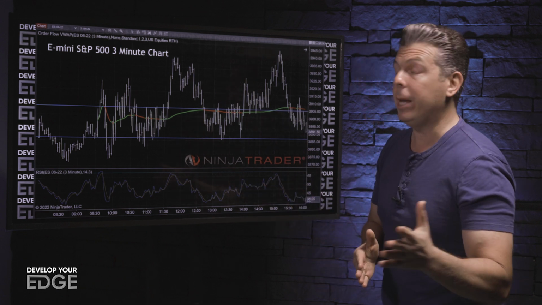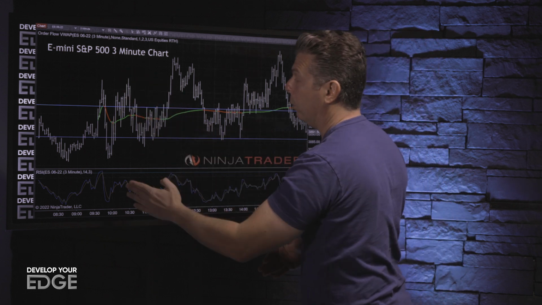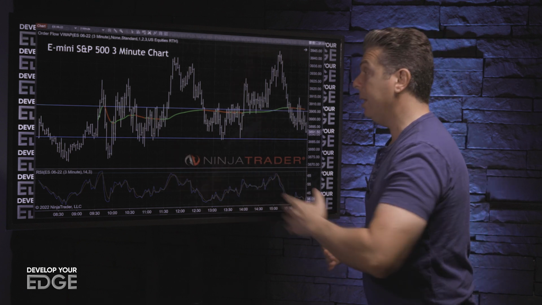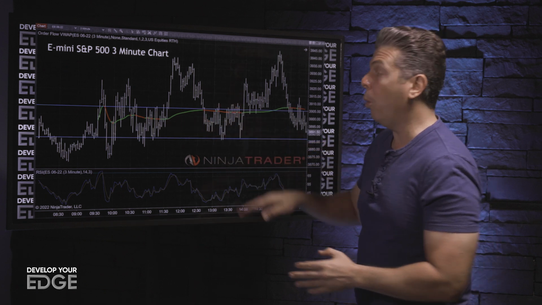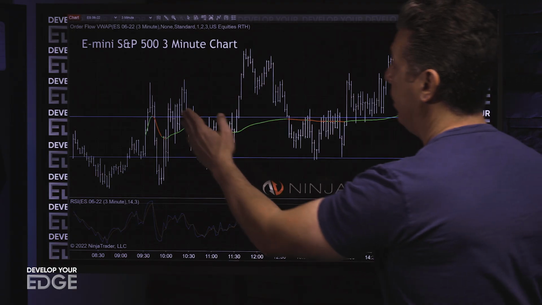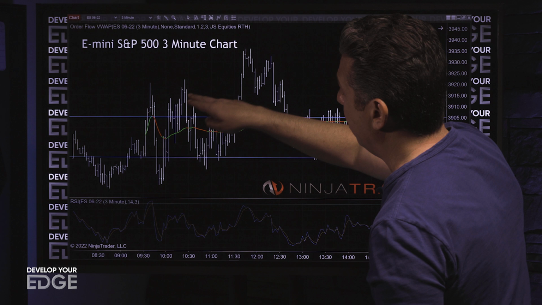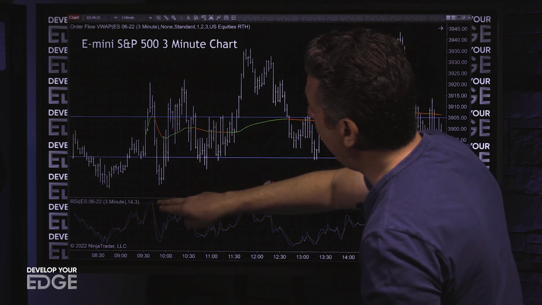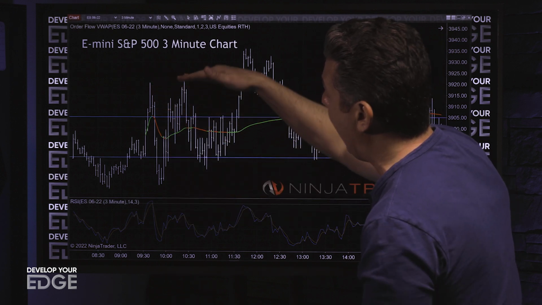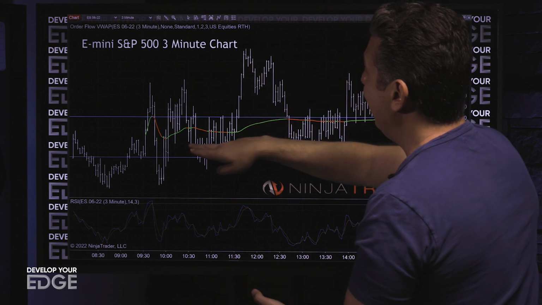But my favorite way to use it is once that high or low is established with a plus 70 or greater or a 30 or lower using the RSI, I like to look to see what we do if we make a new high or a new low when that overbought was triggered. So for example, on this particular day, we pretty much had a double top here and we had the RSI plus 70 where we had that high and we reverted back inside that opening 3-minute range and just chopped around